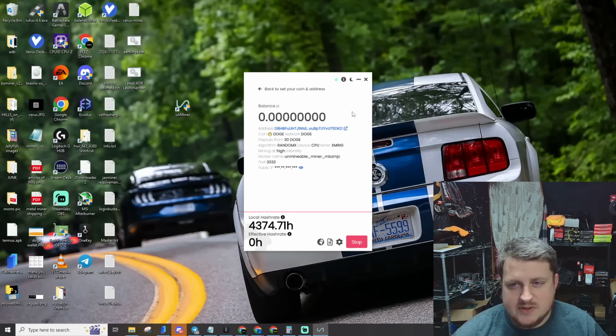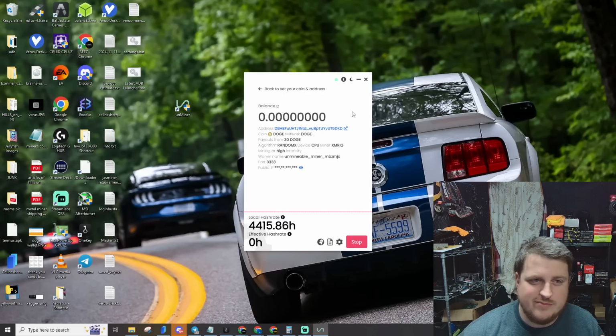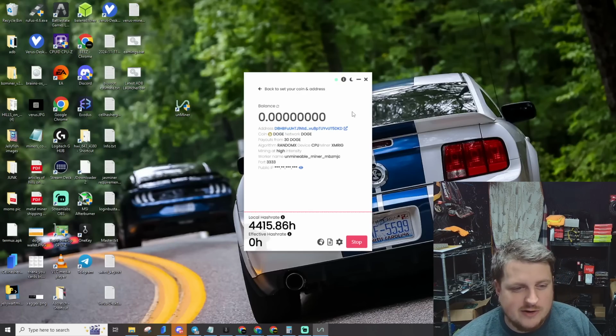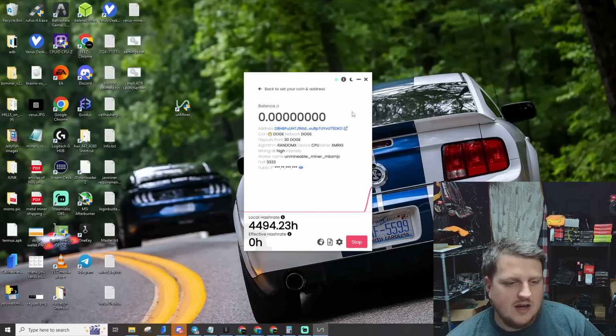If you guys could help out with that down below in the comment section, that does net you anywhere from, I've seen, 2 to 5% better. In the grand scheme of things, not a ton, but you know that every little bit counts. With that being said, you are now up and running, and you are mining